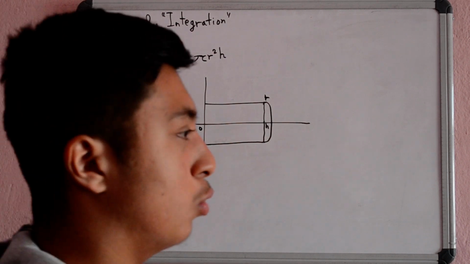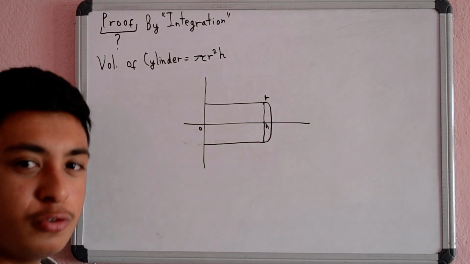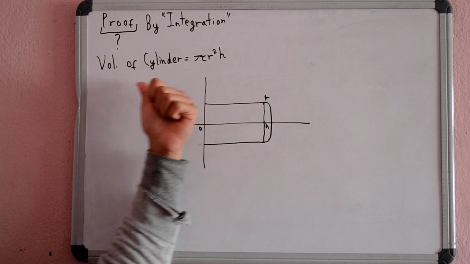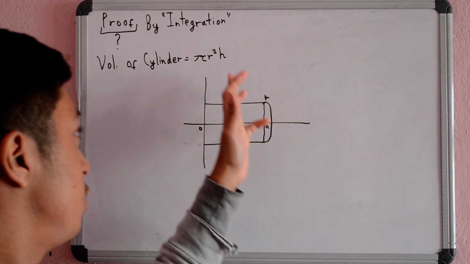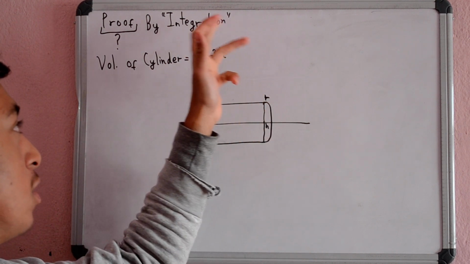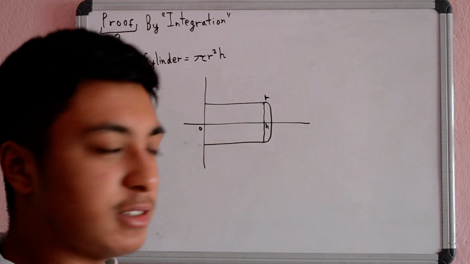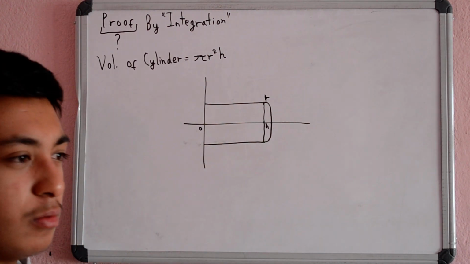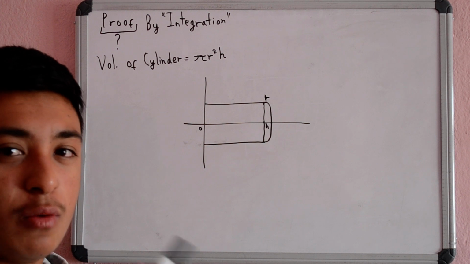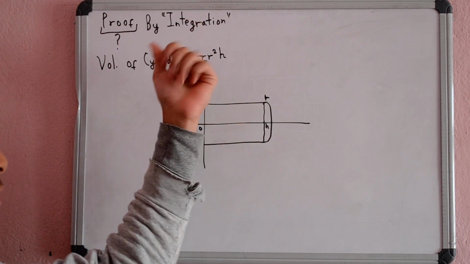Well guys, so welcome to the proof by integration for volume of cylinder, pi r squared h. So we have to prove this using integration. But I found out that most of the videos I watched on the integration proof for volume of cylinder,